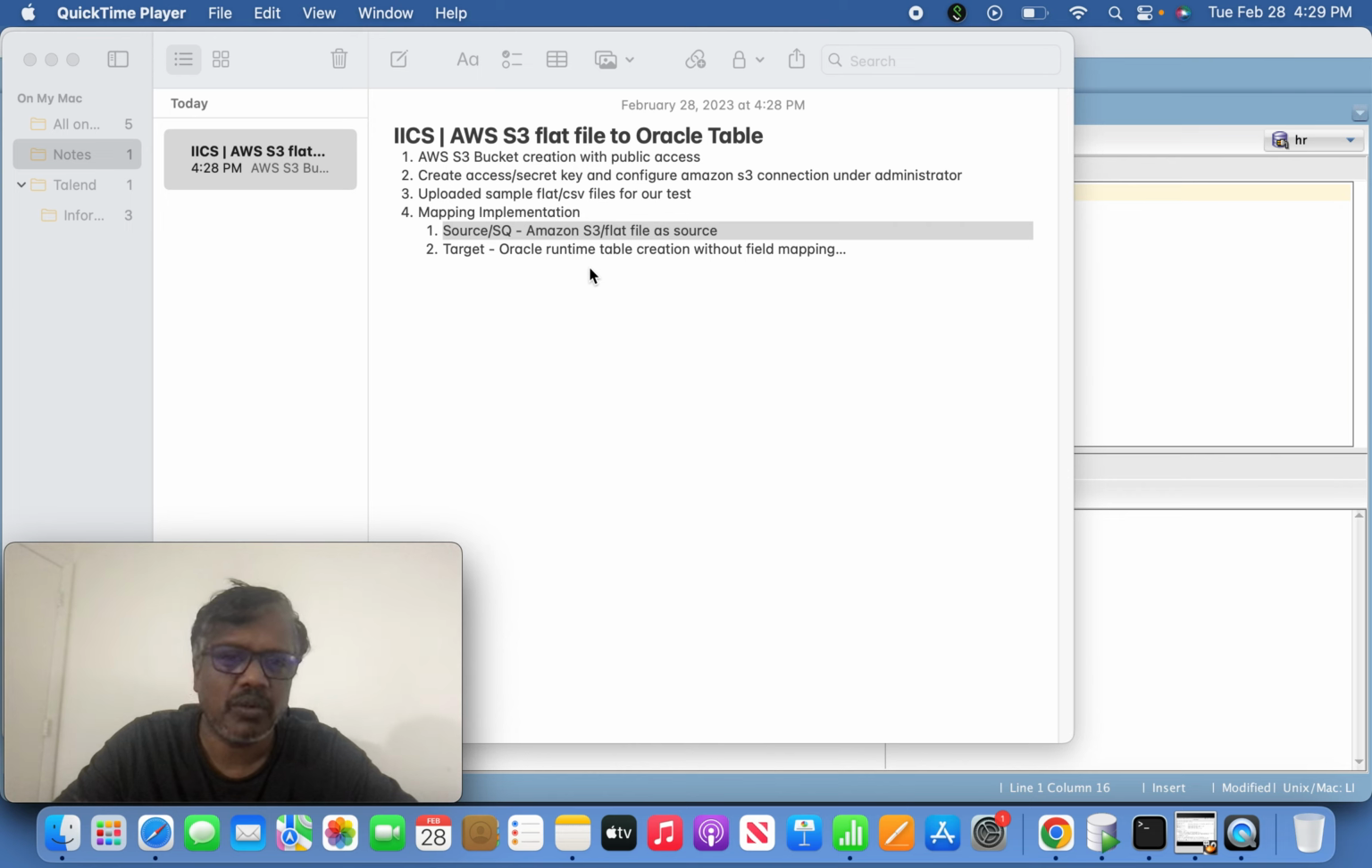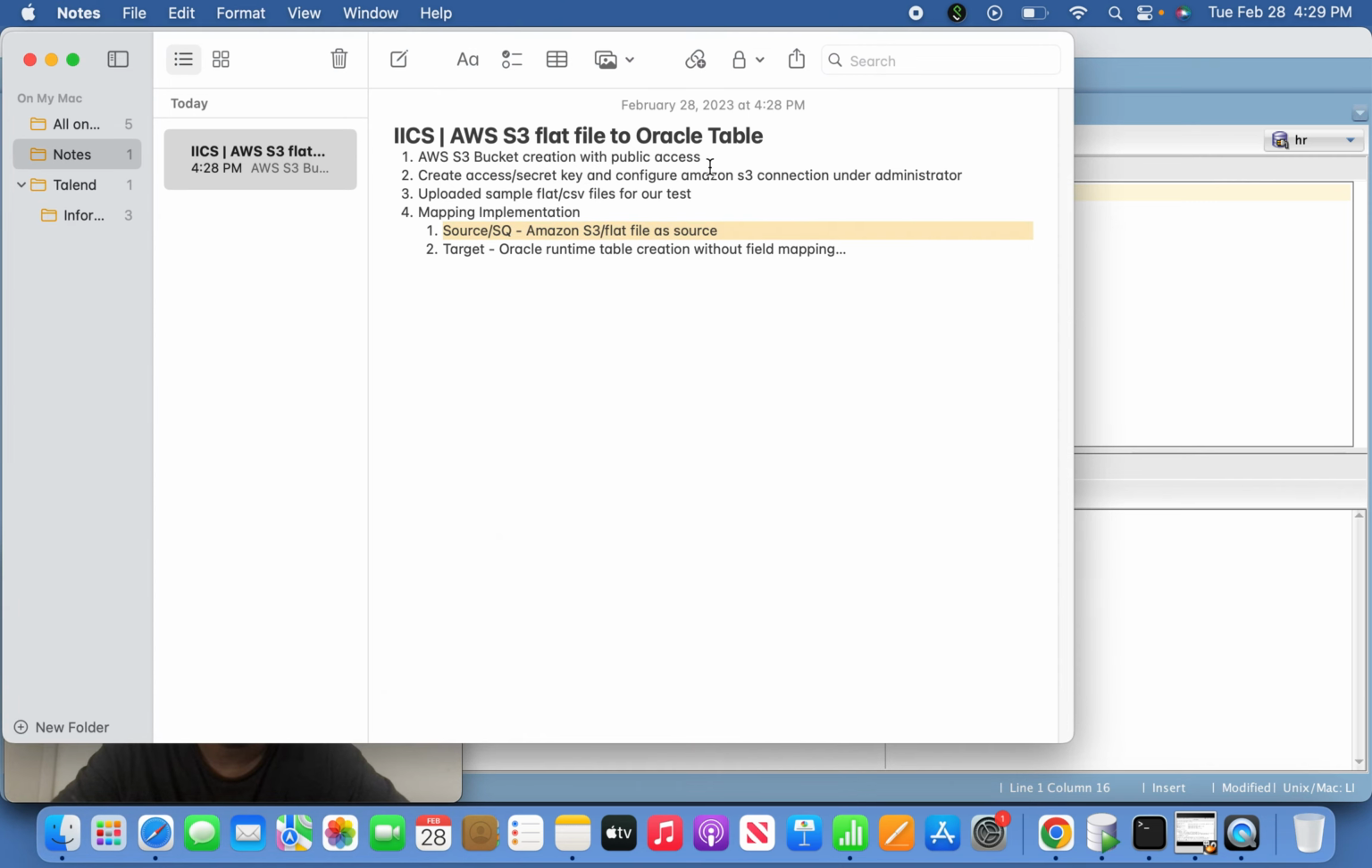Hi friends, today we are going to discuss a sample very easy mapping that reads data from an S3 source, a flat file, and loads it into an Oracle table. The main intention of this discussion is how we create the bucket in the S3 service, the simple storage service, with public access. Generally granting public access is not advisable, but for demo purposes